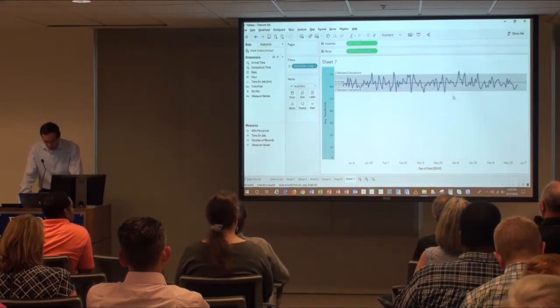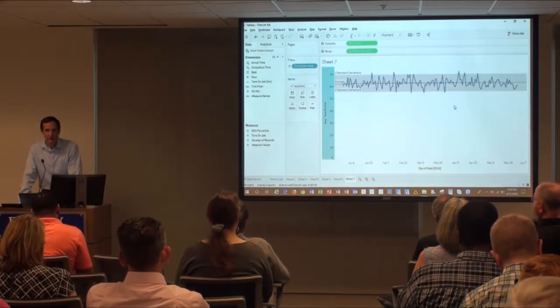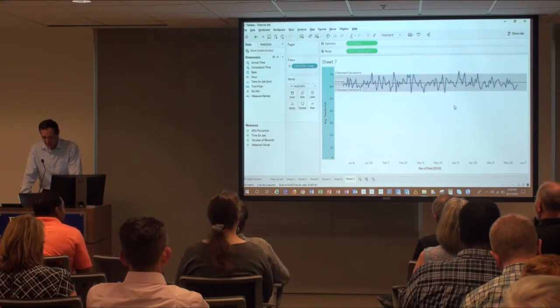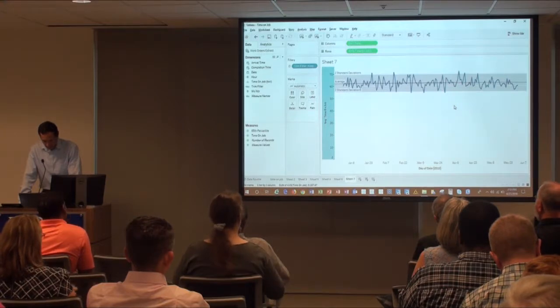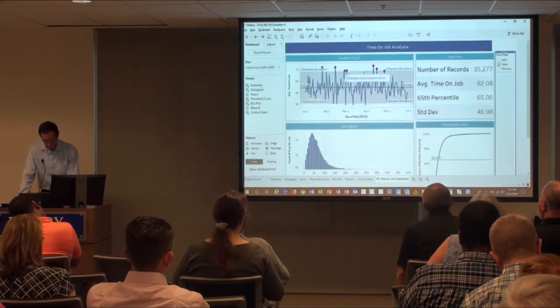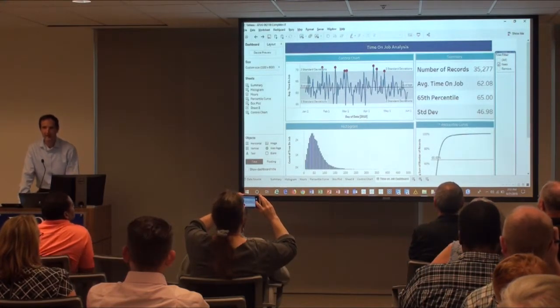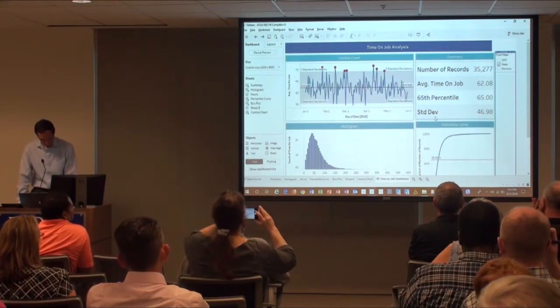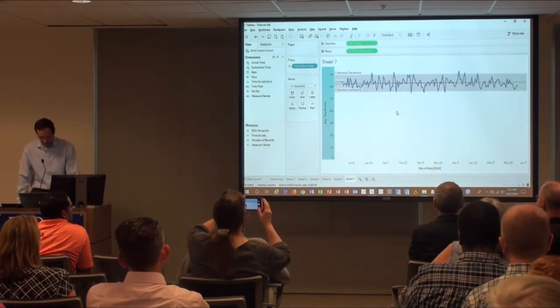Just for a little more fun, because we have Tableau at our disposal here, we could show them this chart, but it'd be even better if we could highlight the data points that we want to call attention to. So let's go ahead and do that. We'd like to get some red dots there on the outliers. And we've talked about the math, so now it's just a matter of how we do this in Tableau.